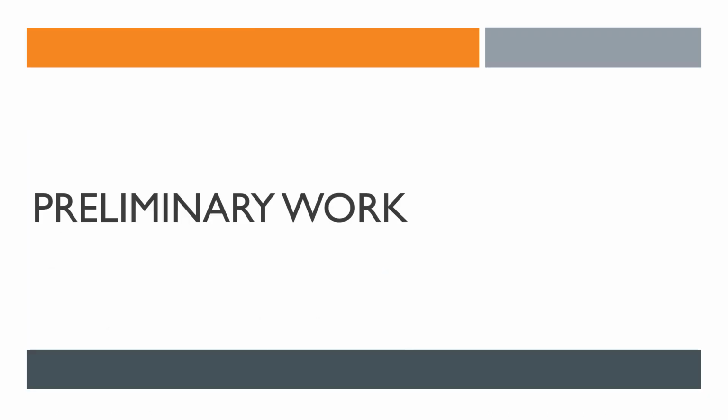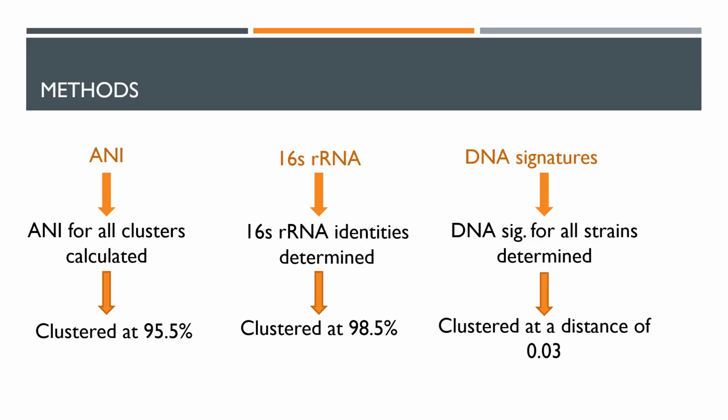So the work that I'm doing currently actually stems off of my undergraduate thesis project. What I did then was look at 3 different methods of classification for E. coli. I looked at the average nucleotide identity, the 16S RNAs, and the DNA signatures. For my average nucleotide identity, I found the average nucleotide identity for